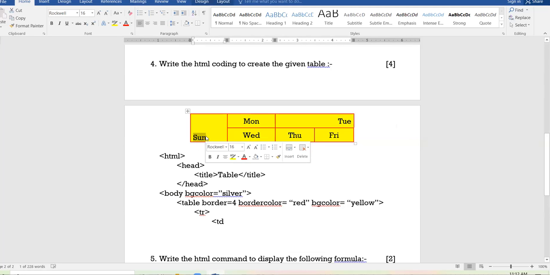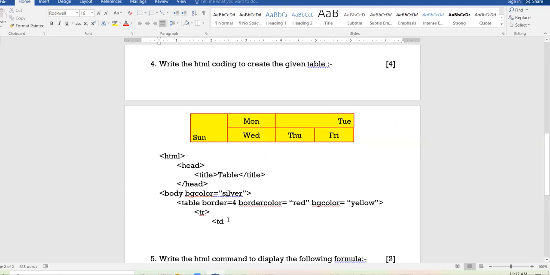It is spanning across 2 rows vertically. So this is the case of rowspan. Rowspan equal to 2, valign equal to bottom. Sun, and close the TD.